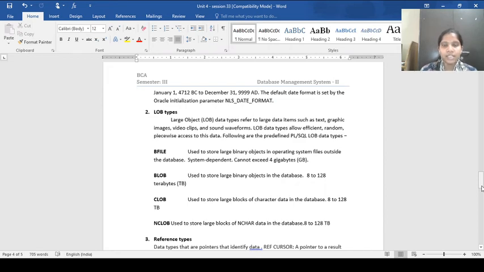All these kinds of data are represented by the data type which is called LOB types. It has the subtypes such as BFILE, BLOB, CLOB, NCLOB. BFILE is used to store large binary objects in the operating system files.